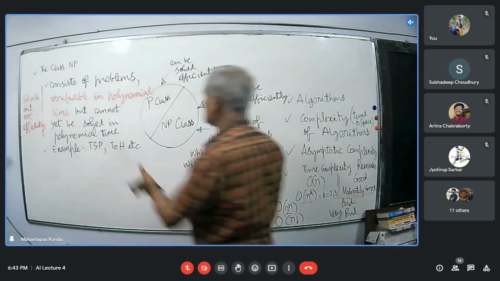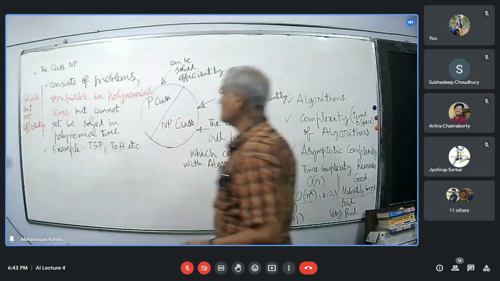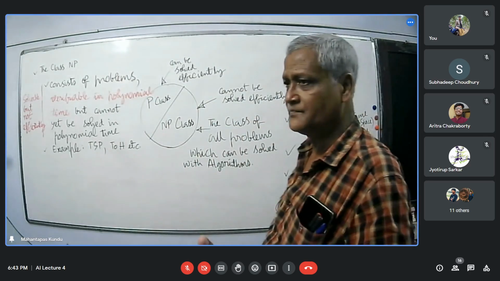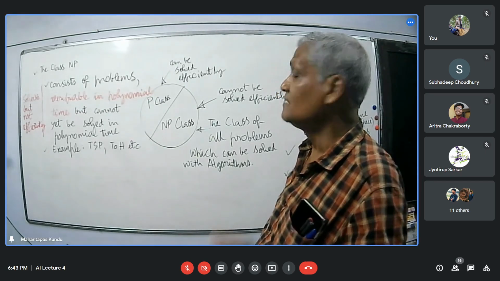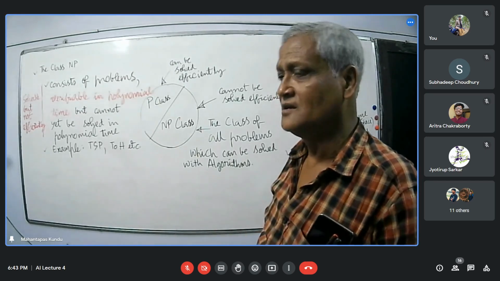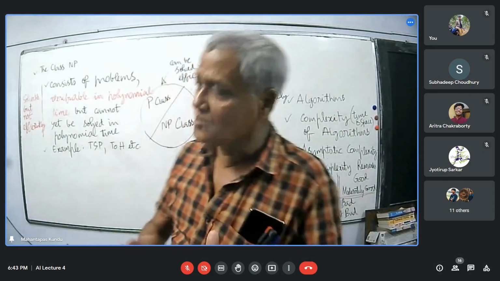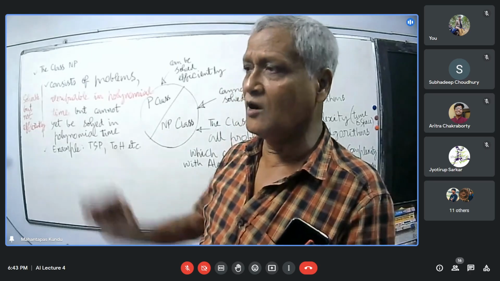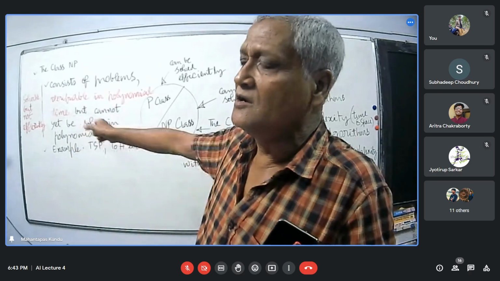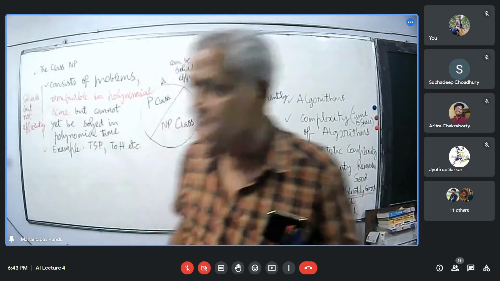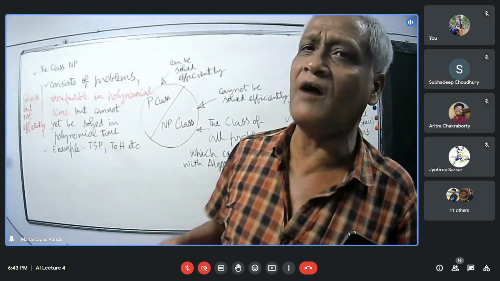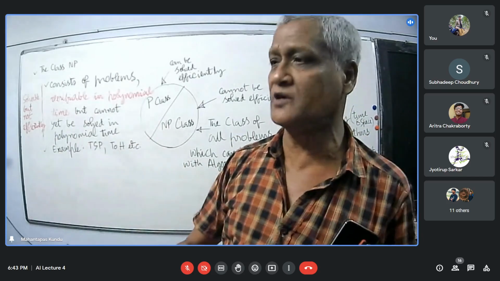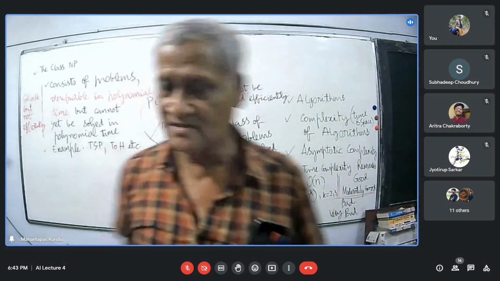And examples are traveling salesman problem, Tower of Hanoi, etc. And such problems, though solvable, cannot be solved efficiently, because after certain value of input size, if you go on increasing the input size for such problem, the time requirement for the algorithm will be so high that it cannot be supported by a practical system.